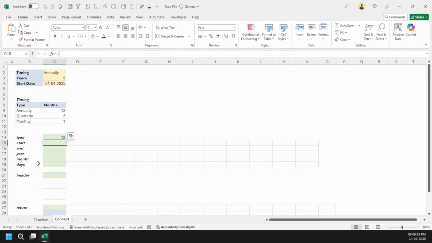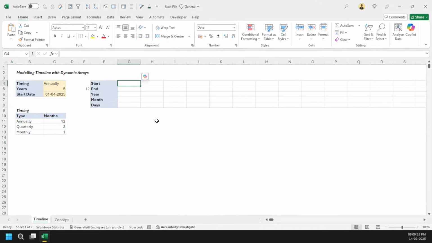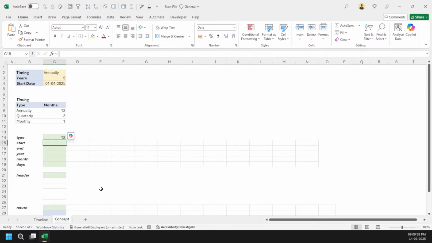Then how to start here? Here is where things get interesting, because earlier we knew we could directly start putting values here. But how to get the first value and spill the values dynamically is kind of confusing one way or another. So what we are going to do here is follow a simple trick. Let's just say what I want is 1 to 12 here, right?